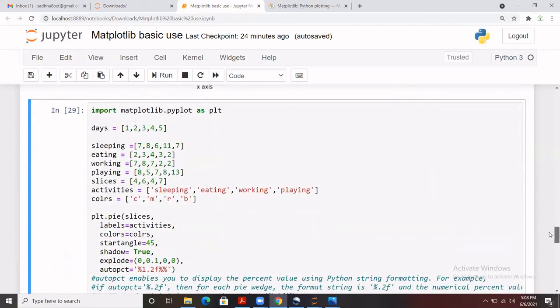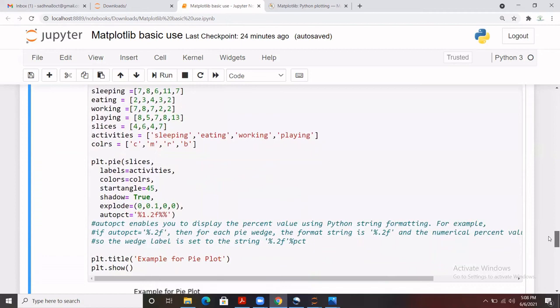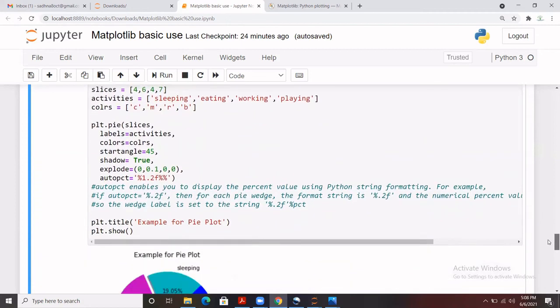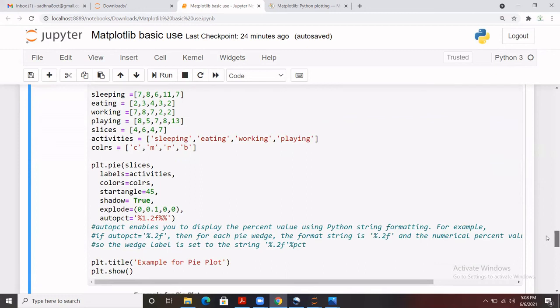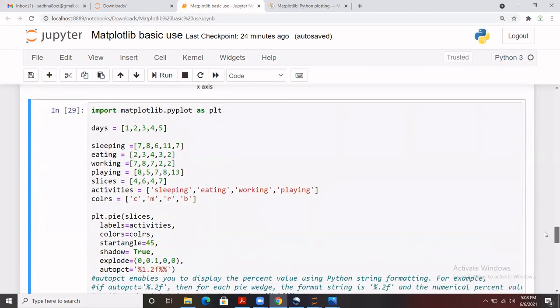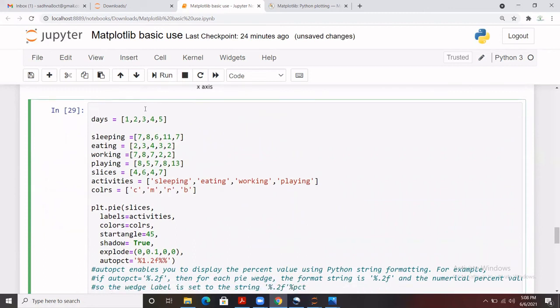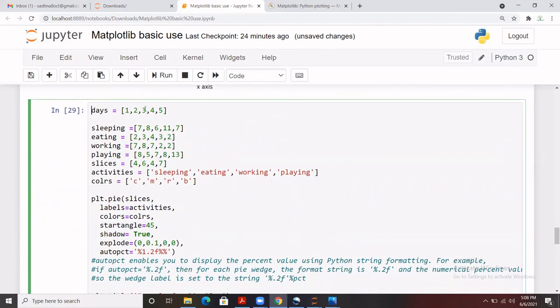Next, we're going to create a pie chart. A pie chart is also an important part, and there are multiple things to understand for this chart. We are going to use the same data that we used for the stack plot. I have added one more thing here, which is slices.